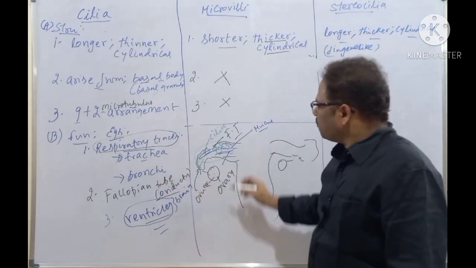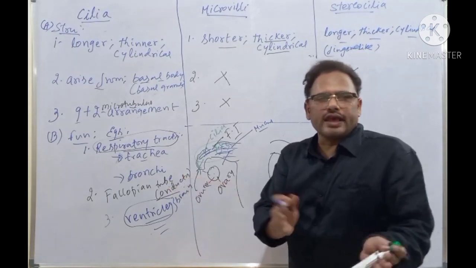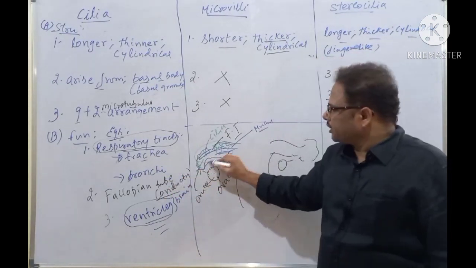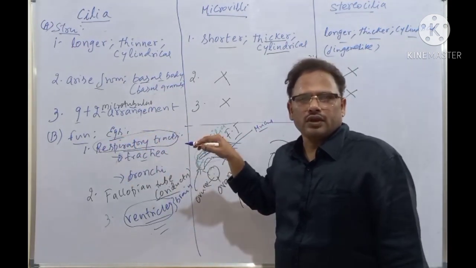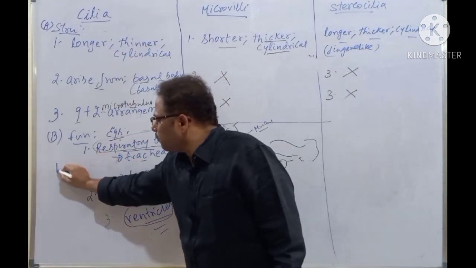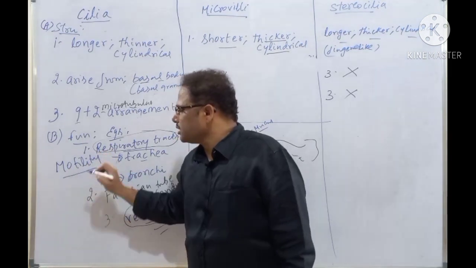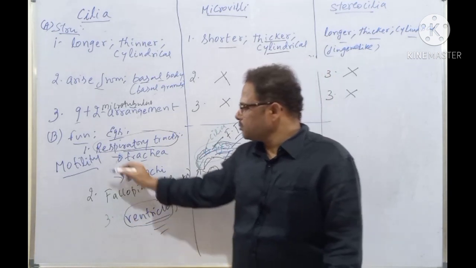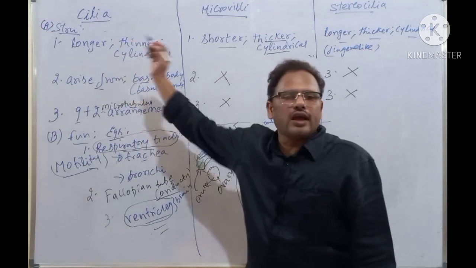Other example. Now, what do you observe common in all these things? There is movement. Only by the beating of the cilia, the ovum is conducted. Only by the beating of the cilia, the dust particles are moved. That is, the ciliated epithelium has motility. What is present? Motility. Very important point. Motility means mobility. It can move. Movement is there. The mechanism of movement is there. Motion is there. That is called motility, and it is present only in the cilia.